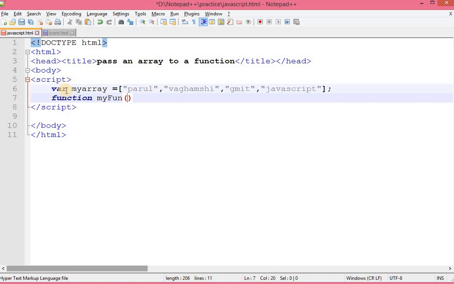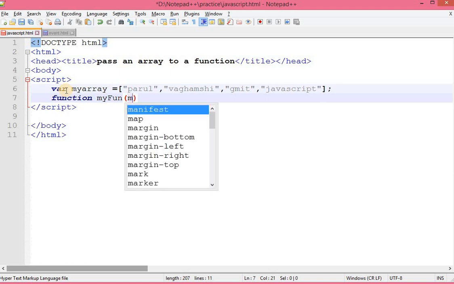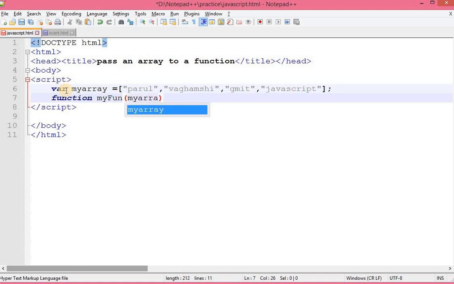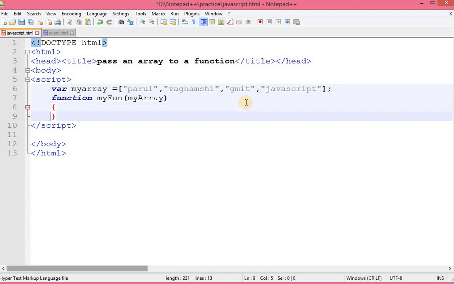In this function I have to pass one argument as a parameter, so I am declaring it as myArray. After that, define this function. So this is how we have created the function.